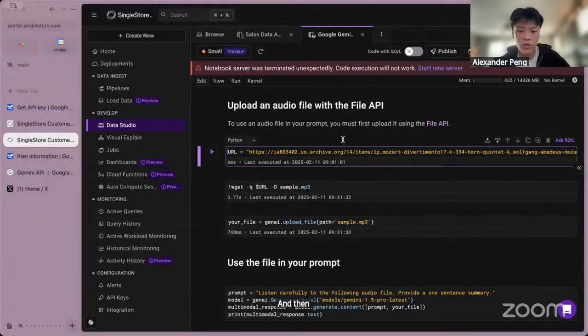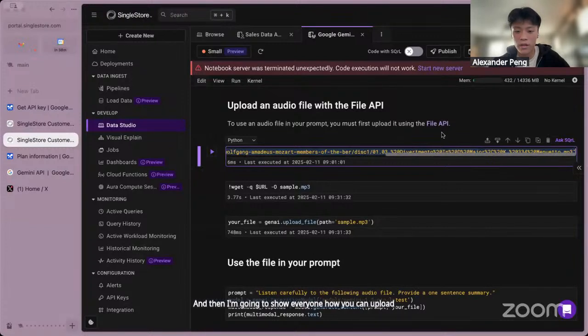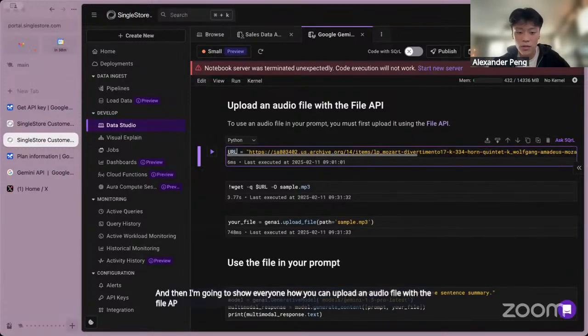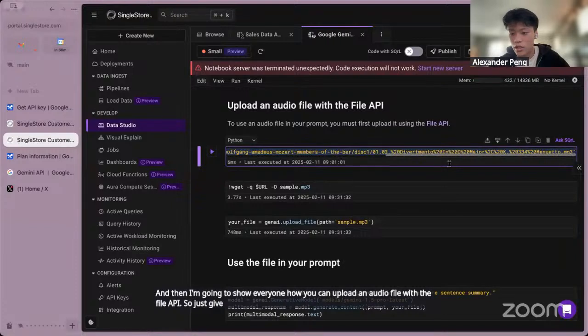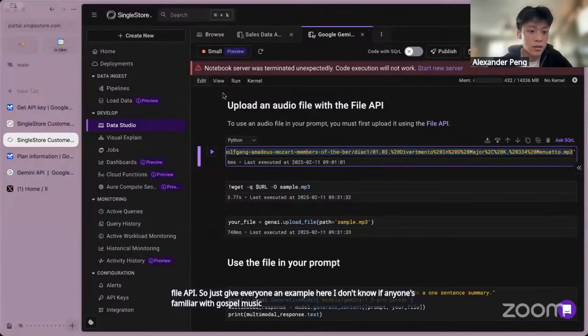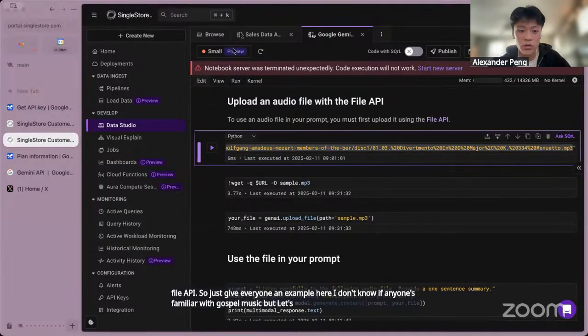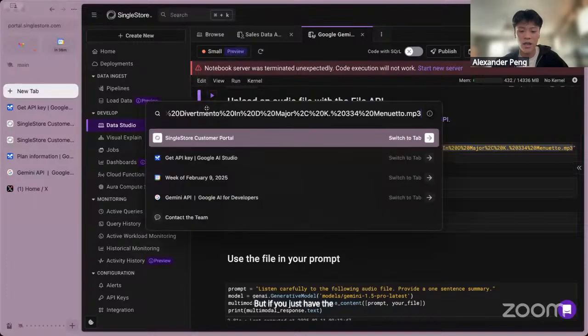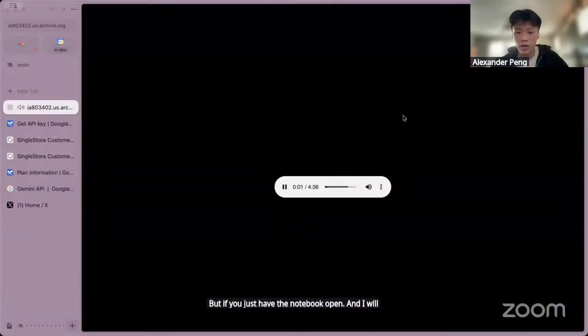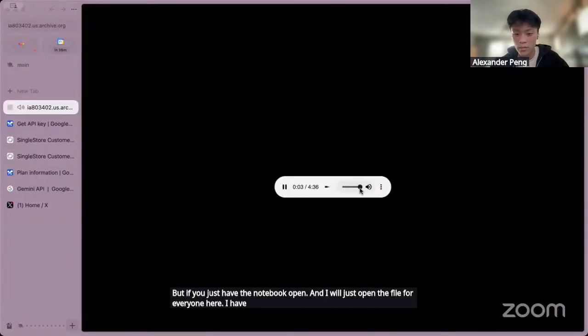Next, I'm going to show everyone how you can upload an audio file with the File API. Just to give everyone an example here, I don't know if anyone's familiar with classical music, but let's see. If you just have the notebook open, I will just open the file for everyone here. I have no idea if the audio is sharing, but